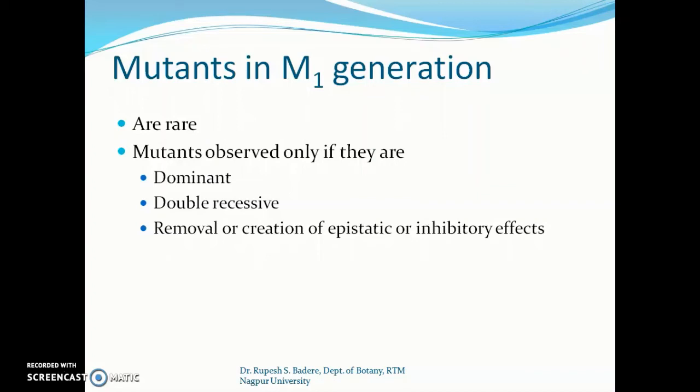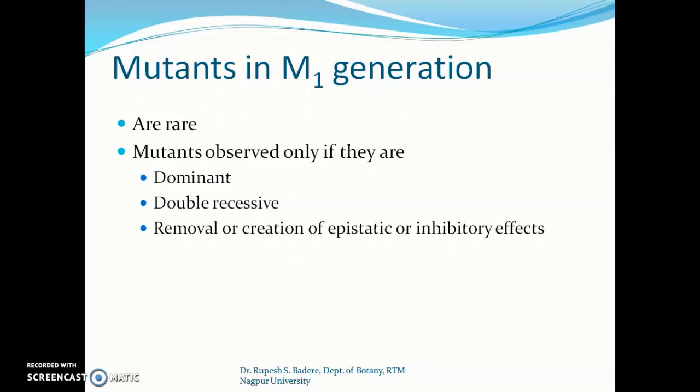As I have told you, mutations are recessive. And that's why you cannot isolate even putative mutants in M1 generation. So the change what you see is mostly a chance that it is a physiological disorder. But in very rare, exceptional cases, you can also identify mutants in the M1 generation. It will occur only when the mutation is dominant, a very, very rare case.